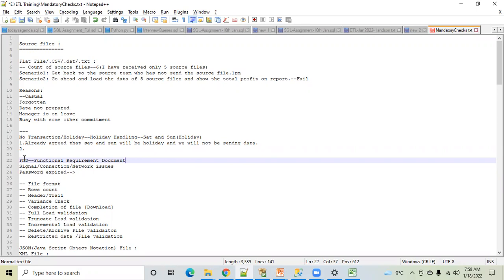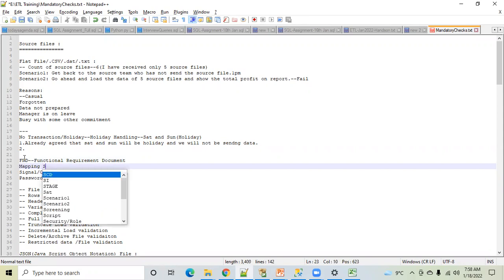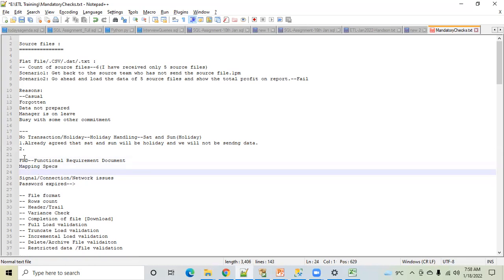Some projects will call it mapping specs, but generally it is known as FRD, requirement document, or functional document as well. So if it has been agreed that Saturday and Sunday are holidays, that will be present in the FRD. Now coming to a twist here,